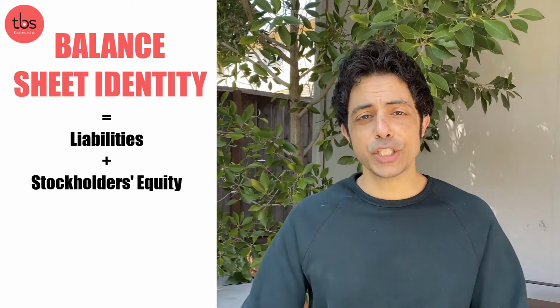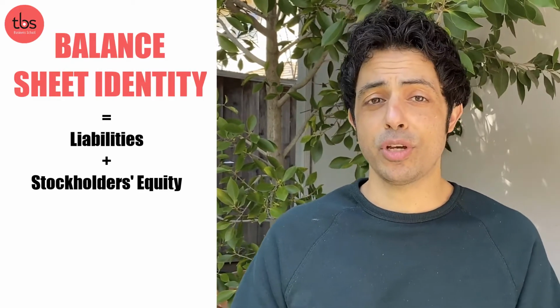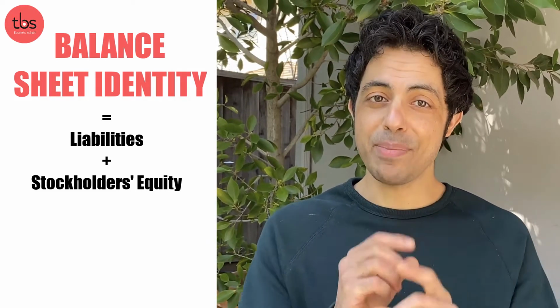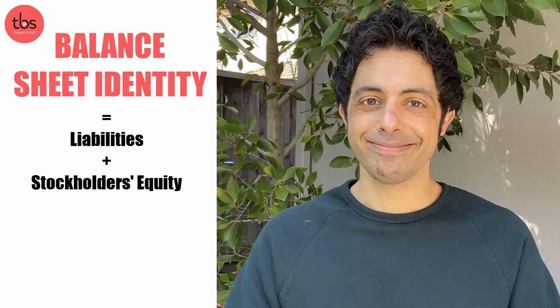This is called the balance sheet identity. It's very simple, so if you're too dumb to remember it, it's because your brain's a liability. But if you take stock of this knowledge and add it to that liability, your brain becomes an asset. Get it? Note that in this equation, we're using the book value of equity.